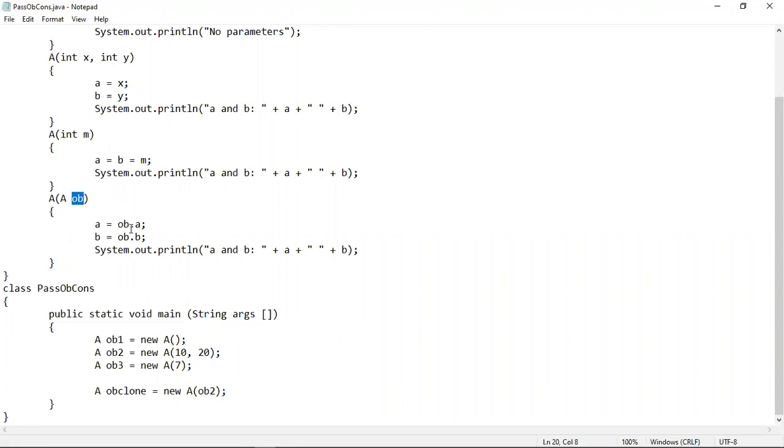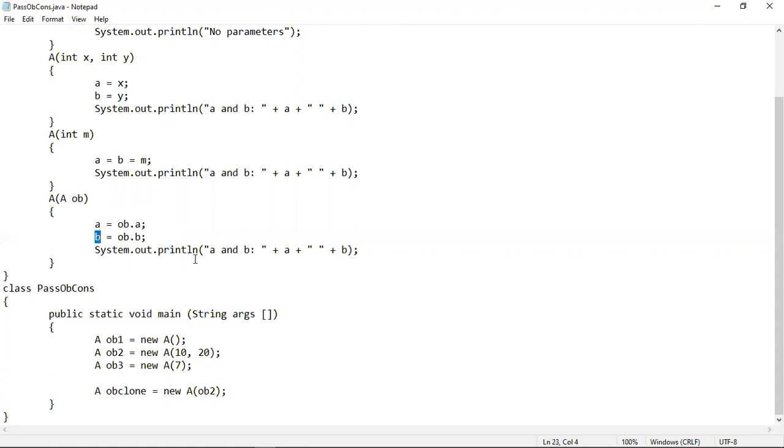And inside this constructor body, we have written two value assignment statements. The first one says A equal to OB dot A. OB dot A means actually OB2 dot A, because OB2 has come into this reference variable. Now OB2 dot A means which value? 10. So the value 10 will be assigned into this A instance variable, and in the next statement OB dot B means OB2 dot B. So using OB2, which value has been passed into the variable B? 20. So 20 will be assigned into B. In the next statement, when the two values will get printed, it will give you 10 space 20 as output.